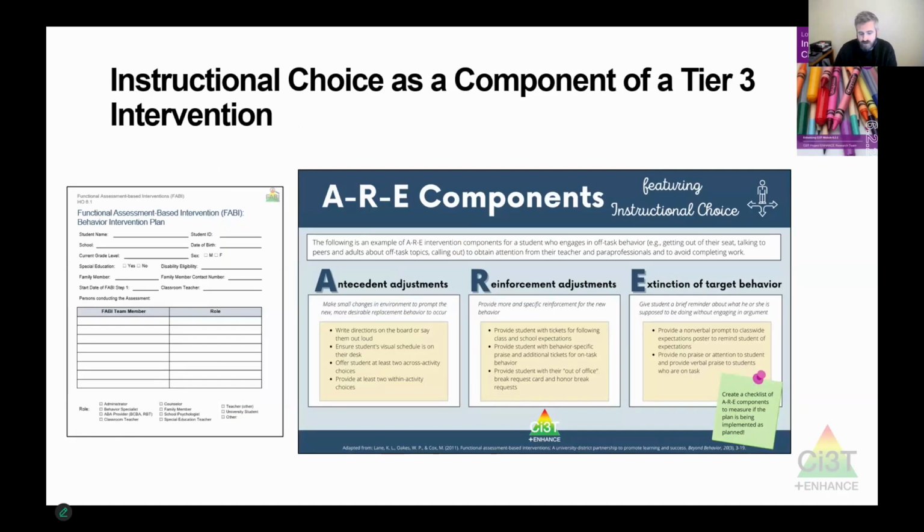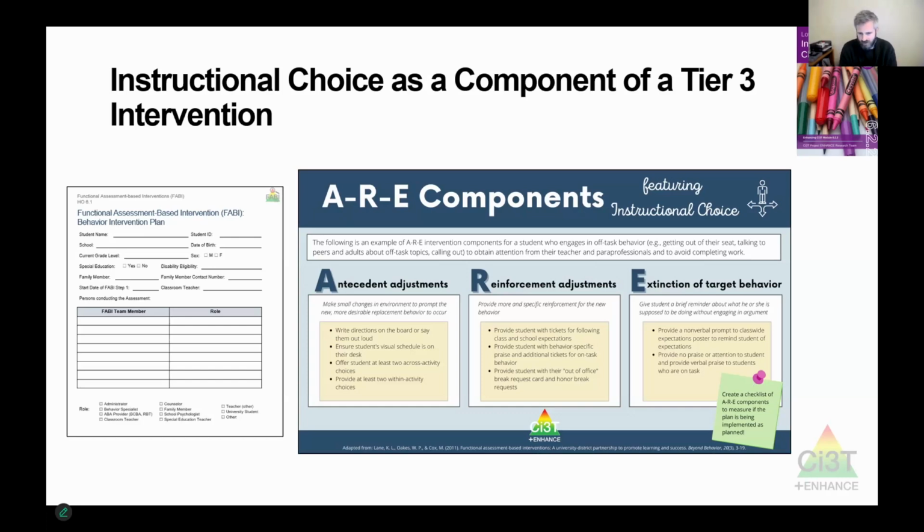You may not be someone that's going to do a functional assessment-based intervention all by yourself. That's probably something you're going to collaborate on with a team of people at your school for kids that have behavior challenges, with components of aggression, elopement, things that are really concerning. And that functional behavior assessment is basically going to be collecting a bunch of data to figure out, hey, when do we anticipate problems are going to happen and why do those behavior problems happen?